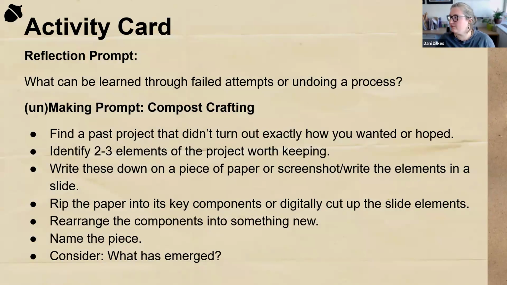There's a reflection prompt or a making prompt, here called an unmaking prompt. The reflection prompt is if you'd prefer to write, and this one's a little bit simpler. Just what can be learned through failed attempts or undoing a process. So we're thinking about converting our craft wisdom to pedagogy. What's learned in failure? For the unmaking prompt, again, a little bit ambitious for a virtual gathering with set time,